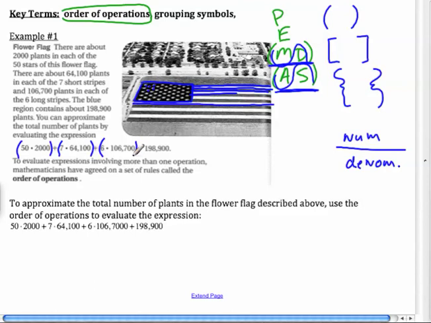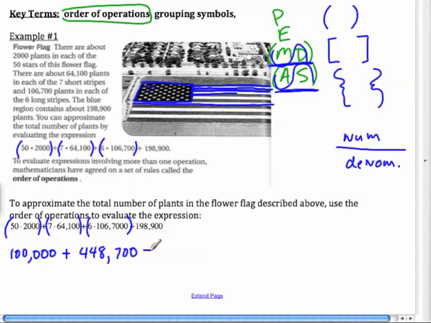And I wrote it again down here for us. That may make it a little easier for us to see. Maybe not. I don't know. But I've got my trusty calculator here, so let's see what we get. I'm going to do 50 times 2,000. Well, that's 100,000. Plus 7 times 64,100, and that's going to give me